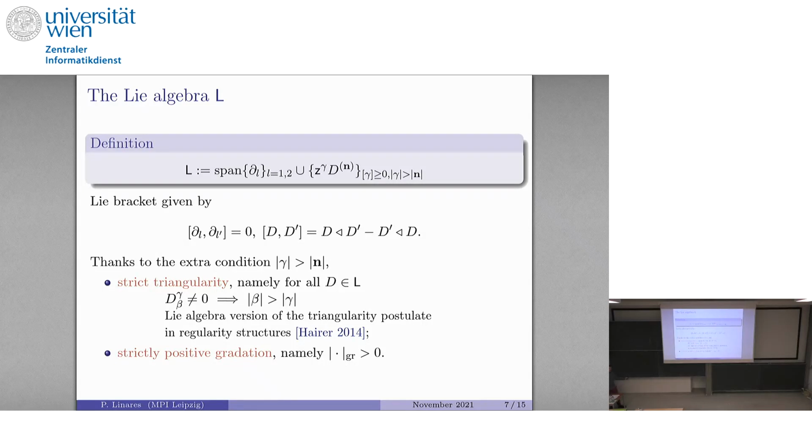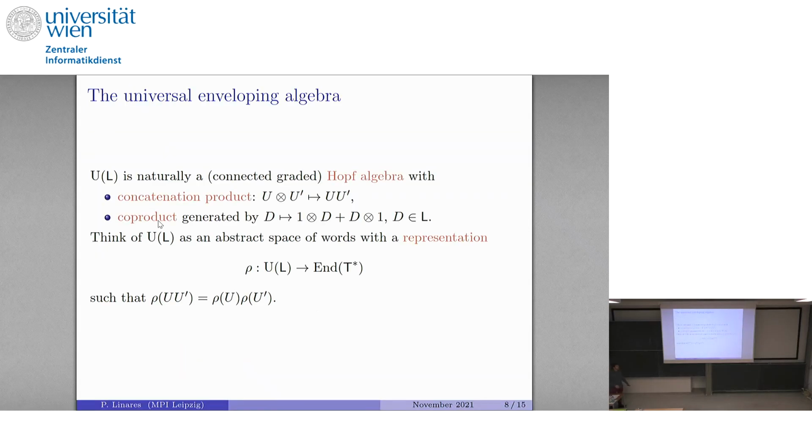So now we have a Lie algebra. We go to our universal enveloping algebra, which is naturally a Hopf algebra. And thanks to our additional structure of the gradedness, we can show that it's connected and graded. So this universal enveloping algebra carries the concatenation product, which is just concatenating two elements, and a co-product which is naturally defined just by how it acts on what we call primitive elements, so the elements in the Lie